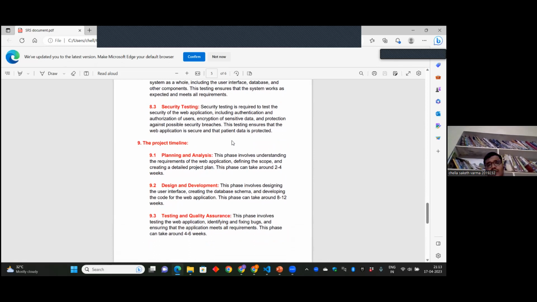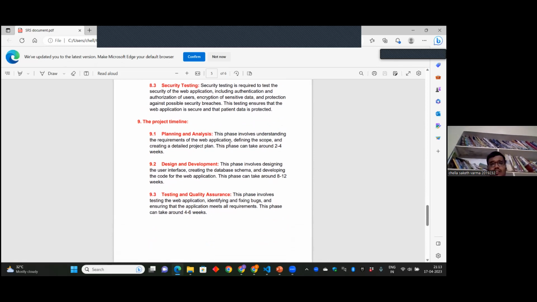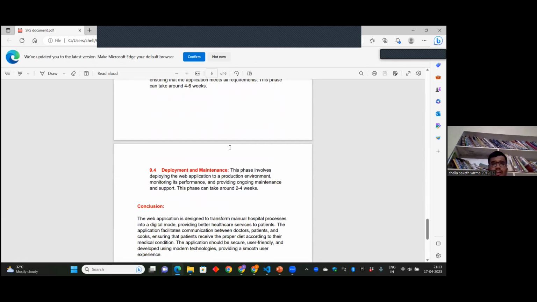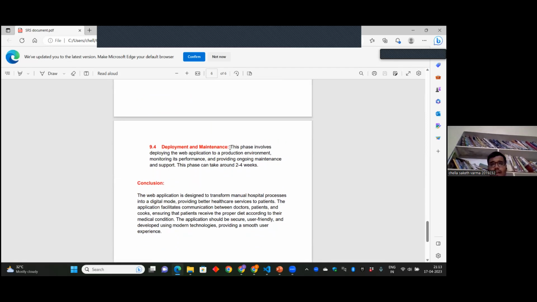This phase can take around 2 to 4 weeks. And second, design and development, this phase can take around 8 to 12 weeks. And testing and quality assurance, about 4 to 6 weeks. And deployment and maintenance finally. And this is the conclusion. If you look at it, this web application is basically designed to transform the manual hospital process into digital mode, and